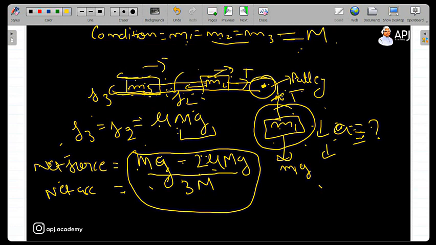Since M1, M2, and M3 were connected with a single string, with the same string, all of them will have the same acceleration. So I was asking you the acceleration of the M1 block, but we have calculated the acceleration for the whole system. That is the same as the acceleration of the M1 block. So what will the acceleration be? Mg minus 2 mu mg upon 3m. If you simplify this, it will be nothing but